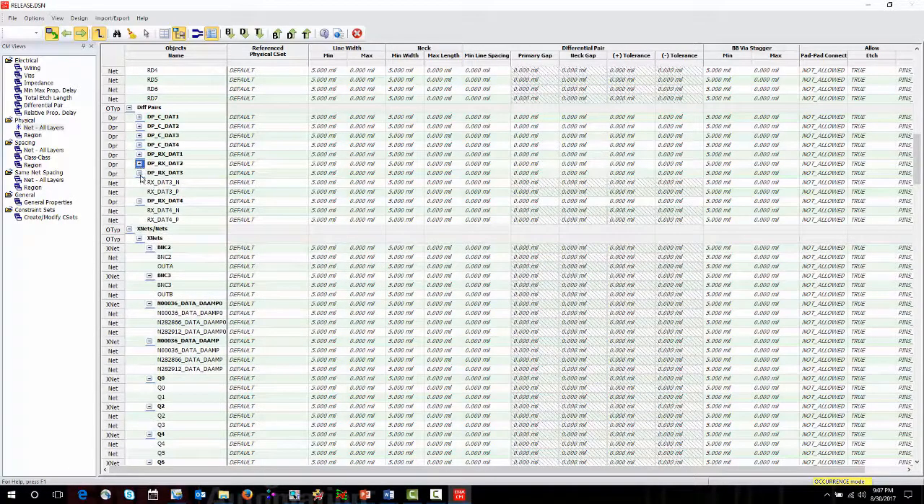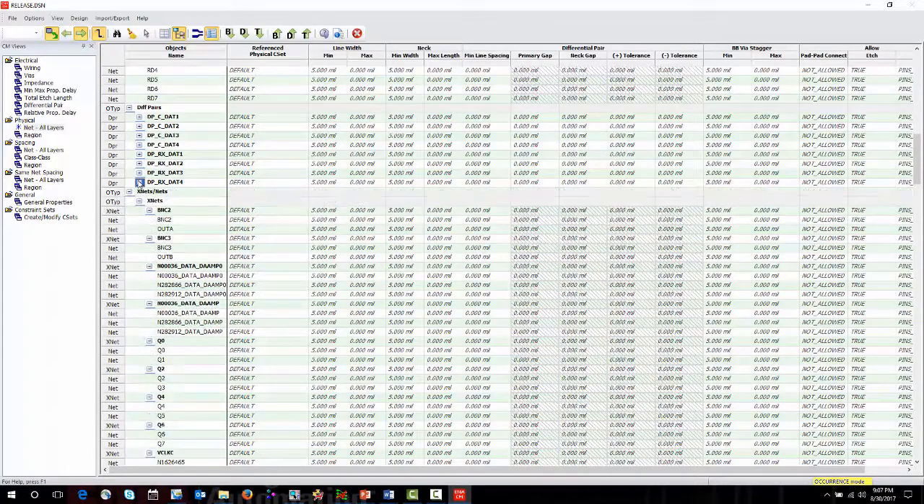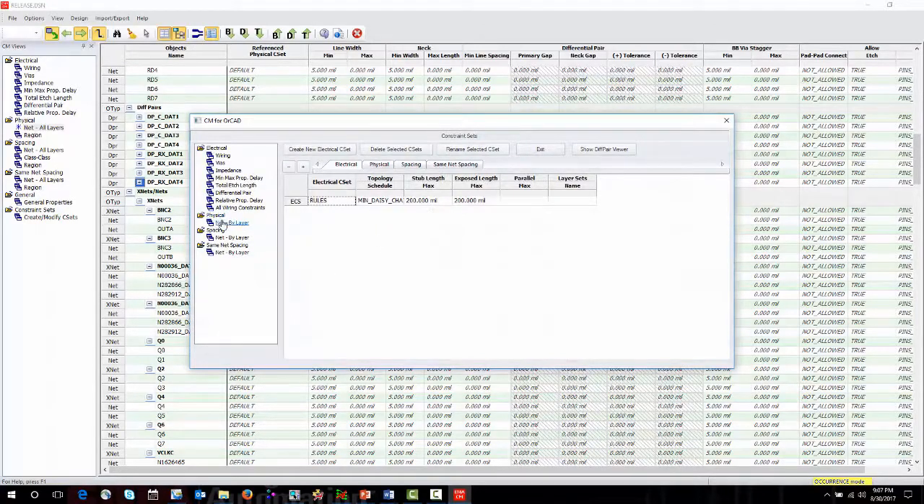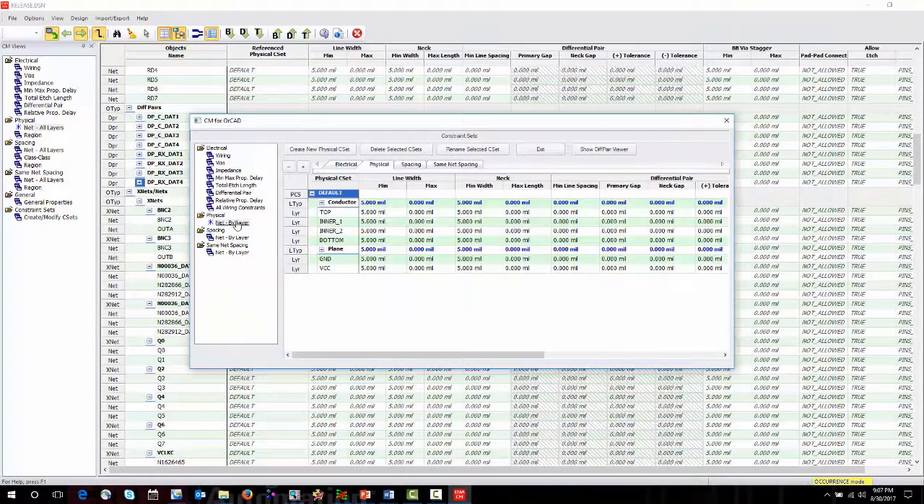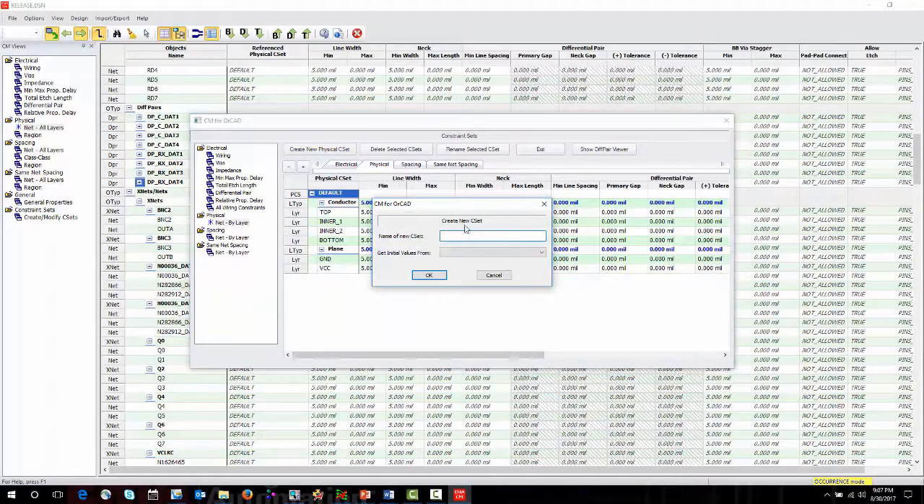Now the first thing that we're going to do is create a physical constraint set for the differential pairs. So we're going to go back into our C-set designer. This time we're going to select nets by layer in our physical C-set, which automatically selects the physical tab here. And then we're going to select the create new physical C-set button. We're going to name this